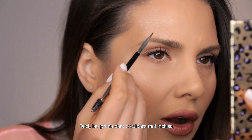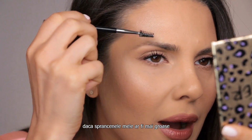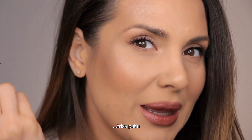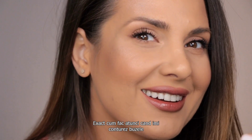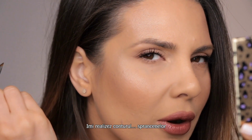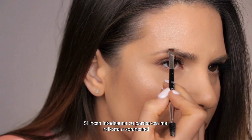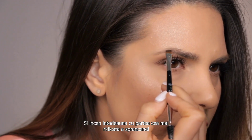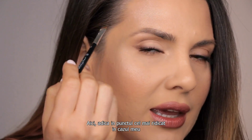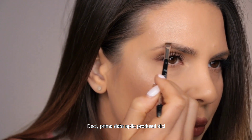So I'm taking a darker color first, and I feel like I look a little bit better if my eyebrows are thicker. So I cheat a little bit, just like I do when I contour my lips. I do the contour of my eyebrows a little bit higher than my actual shape, and I always start with the highest point of my brow, and I'll explain why. Here, which is the highest point for me, this is where I would like to have the darkest color. So I first apply the product in here,